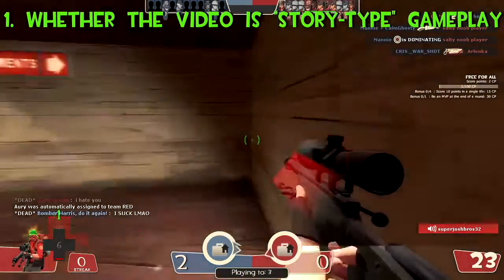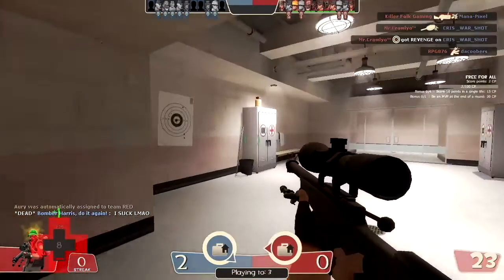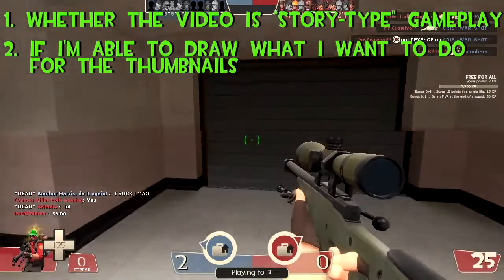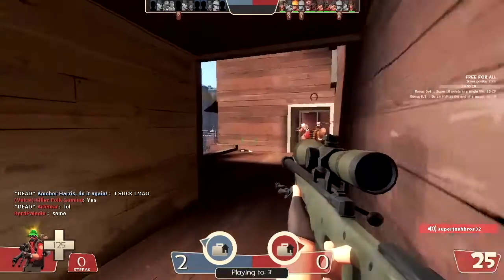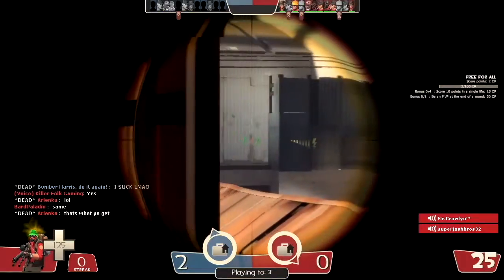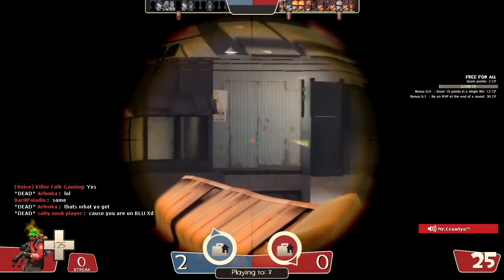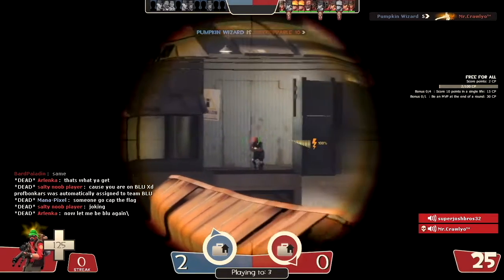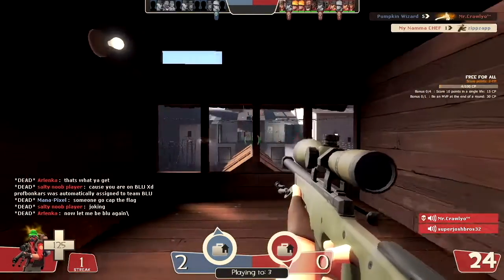Whether the video game is a story type gameplay, for instance COD campaigns, horror games, etc. And if I'm able to draw what I want to do for the thumbnail. Basically for the first one, I try to do drawn thumbnails for story-based gameplays. One example includes my most recent horror game series, Cry of Fear. For these three, I hand drew my character, put it into my Great Value Photoshop app, and just put it